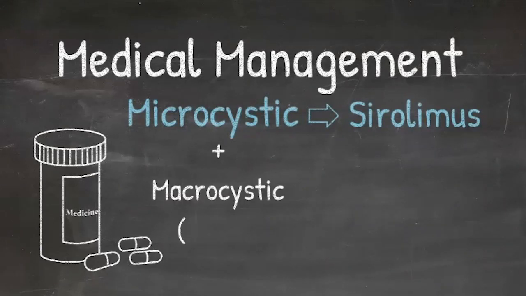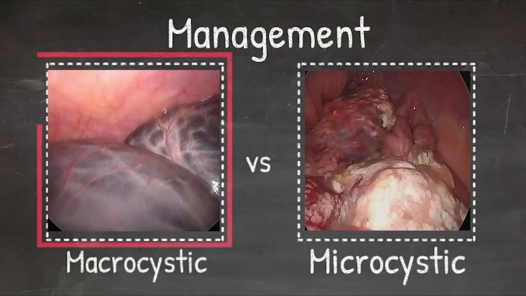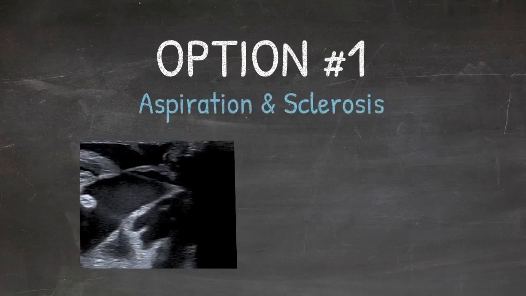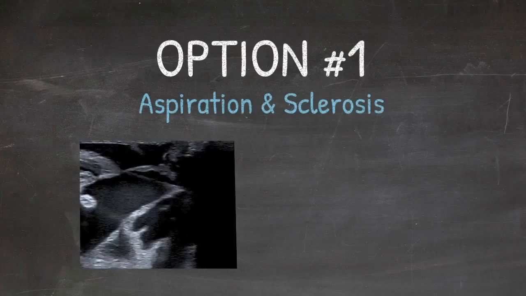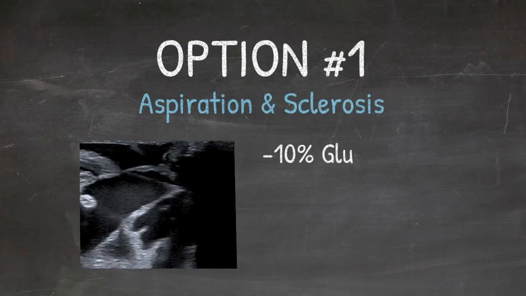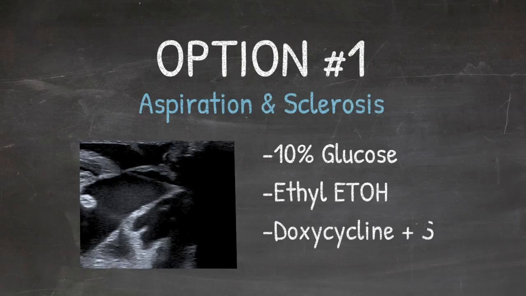If the cysts are mixed lesions, including micro and macrocystic, you can use the sirolimus in combination with a sclerotherapy procedure to treat the different portions of the cyst. In our practice, when cysts are macrocystic, we often treat them initially with aspiration and sclerosis in order to try to reduce the cyst and the symptoms without requiring a surgical resection. Different agents can be used for sclerosis that can include 10% glucose, ethyl alcohol, or often we use doxycycline mixed